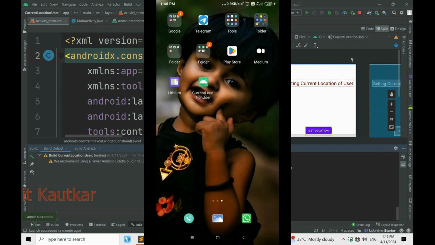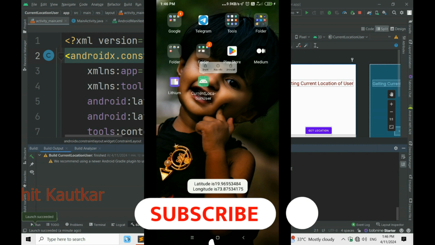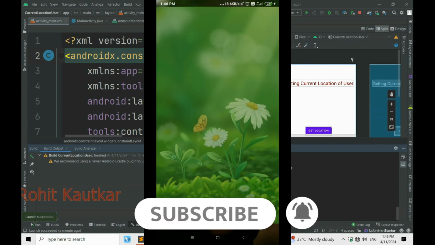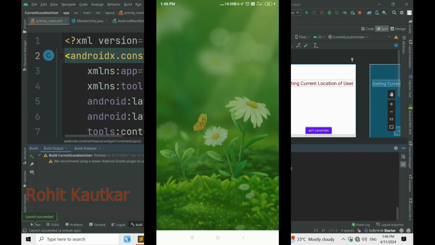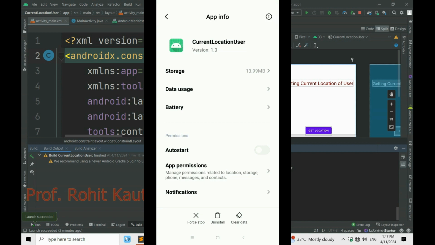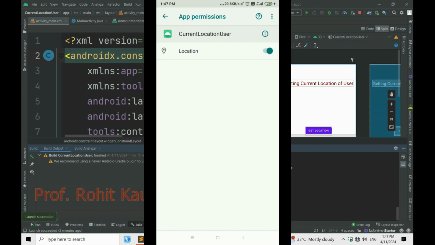So for that purpose I will go to the properties of this application, and next to that we will go in app permissions, and now I will disable this permission,